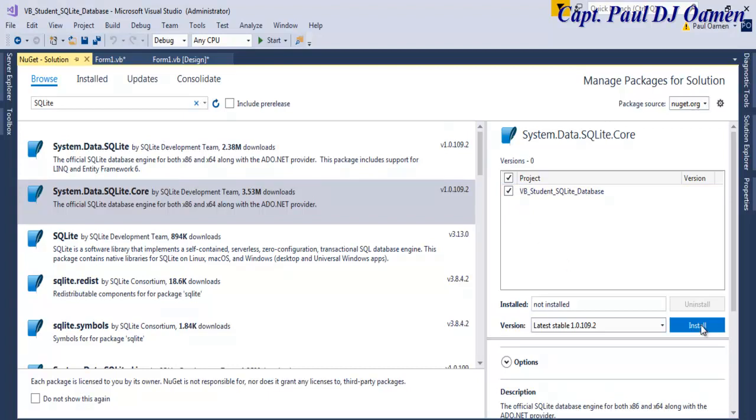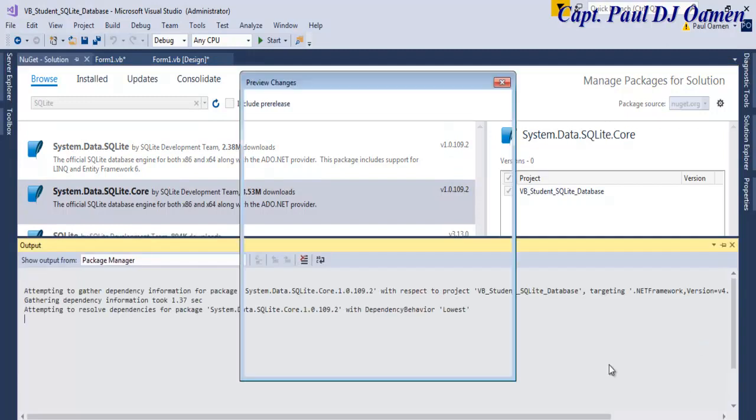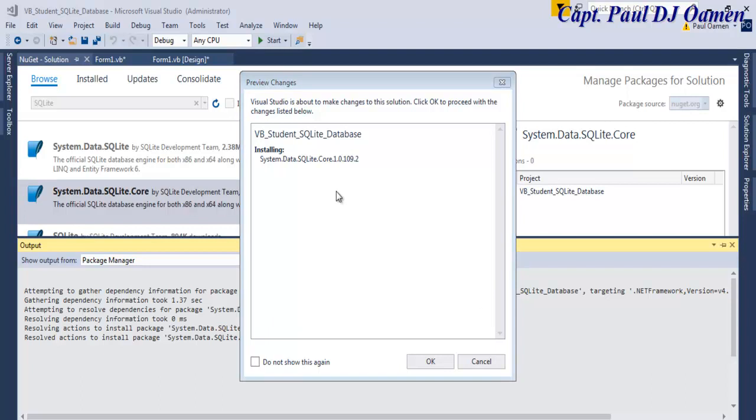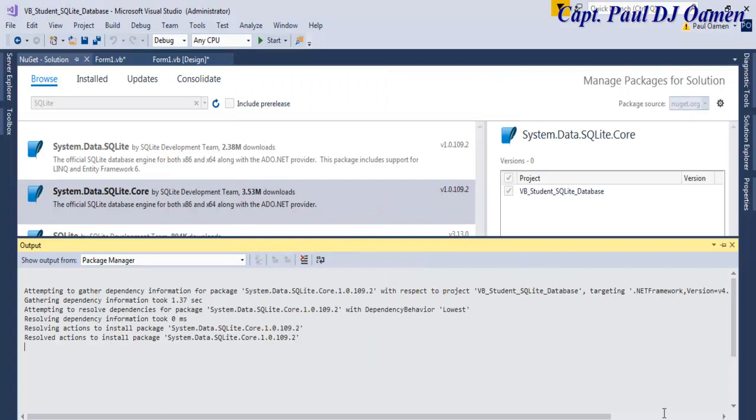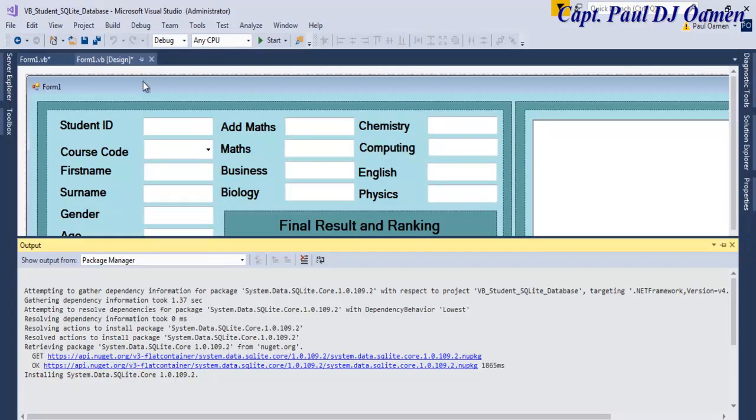Yeah, and that is it. It's installing. Okay, saying it's about to make changes to the solution. Click on OK. Yeah, I'm going to click on OK. That's fine. You see that? Installing System.Data.SQLite. Alright. Okay, we're done now, so I'm going to close that. I don't need it anymore. So back to my